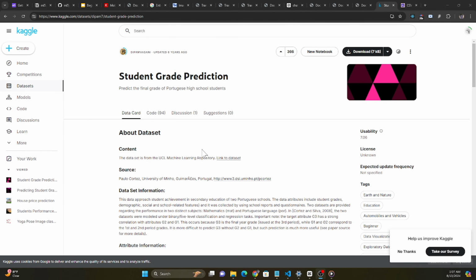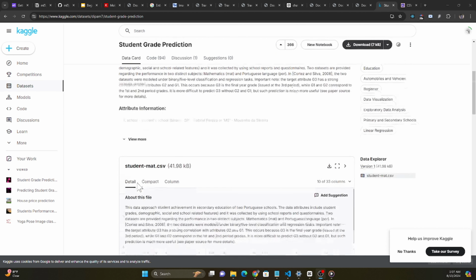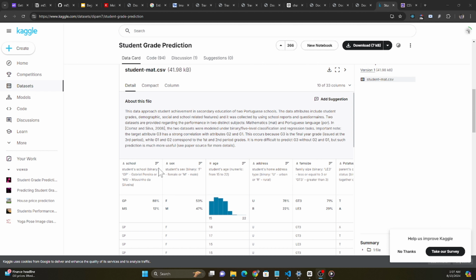All right, so I'm going to show you this website called Kaggle, which is a cool website that has a repository of a bunch of different types of data sets, which are real data sets that you can incorporate into your projects. You also have models that are already pre-trained that you can leverage as well. The data set that caught my attention is the student grade prediction. It's pretty simple. It provides basic information of the person's gender, the age, the address, the family size,